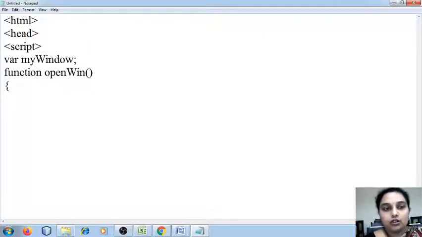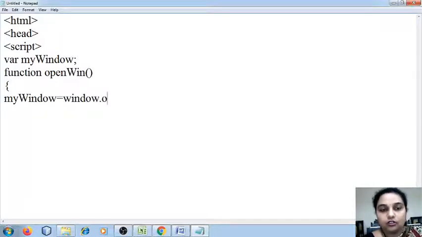I'm going to use the window object. The variable that I have declared, the same one I'm going to use to store the window object's open method. Open is a method of the window object which creates a new window on your screen. I'm going to give it blank, so I'm not specifying any URL.